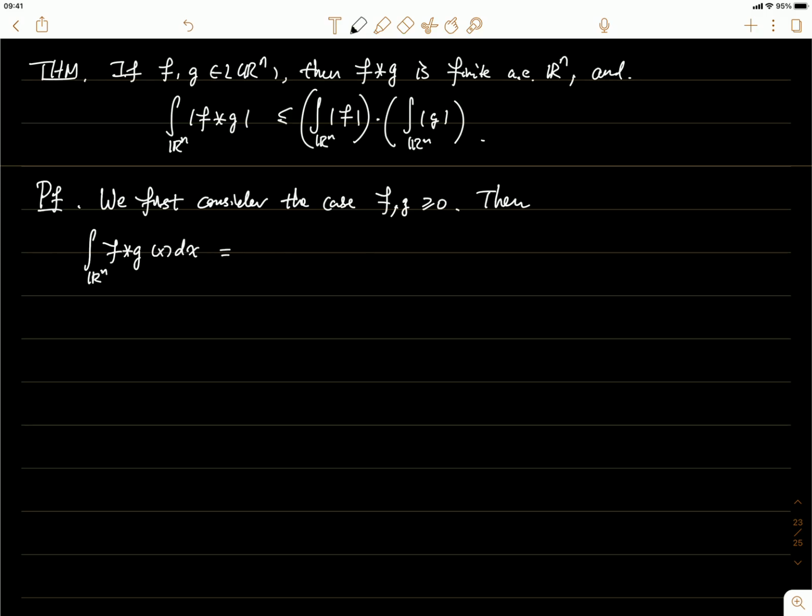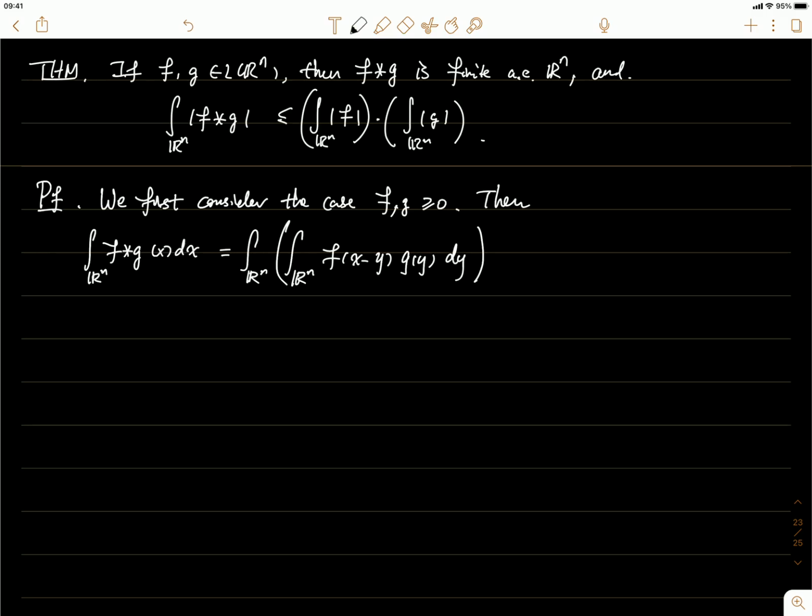According to our definition, the convolution is defined as an integral where x is fixed and the variable is y. So the integrand here in the parentheses is the convolution of f and g,